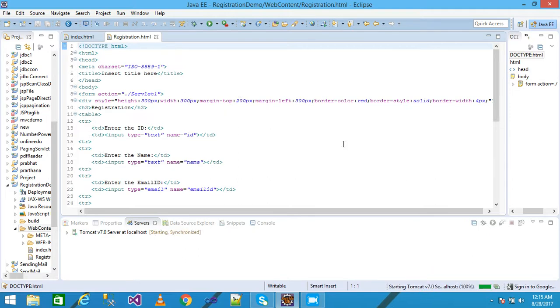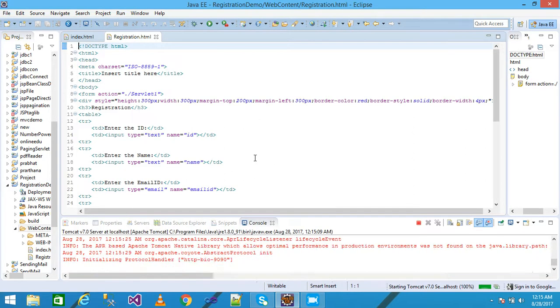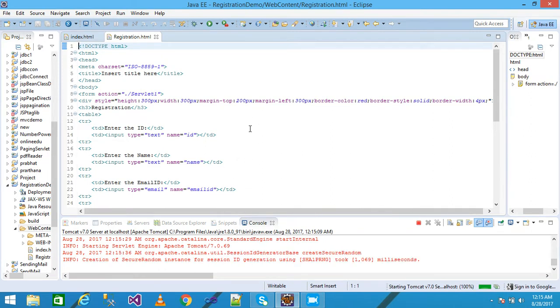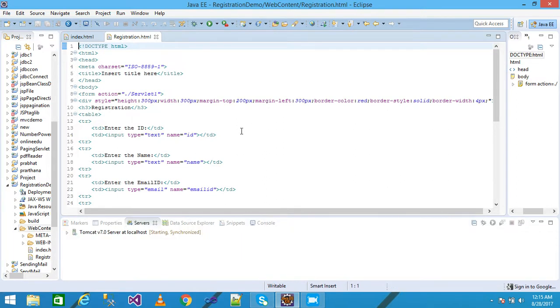Tomcat start here, and just open the page in browser. It is taking little time, so don't worry. Look here, just taking little time. Okay,